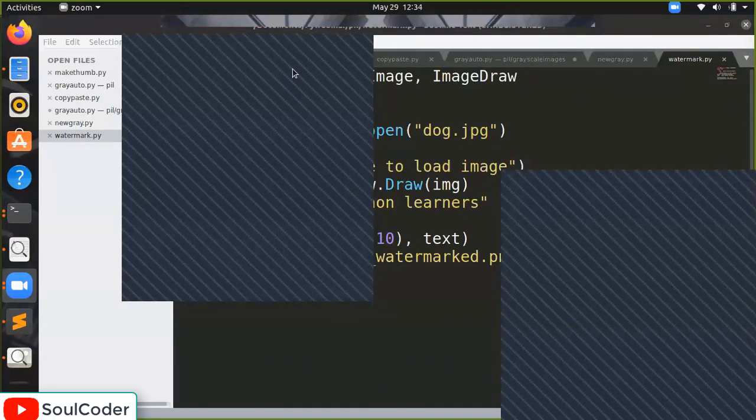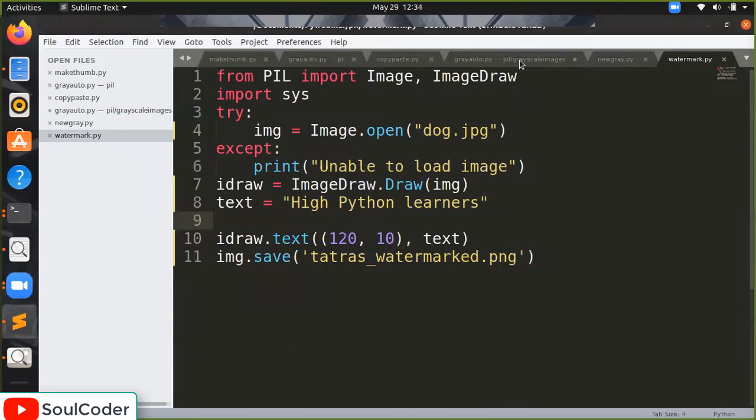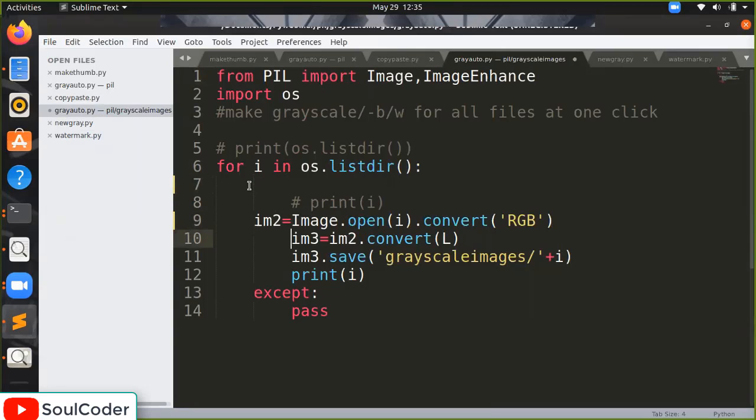Remove the try and except block. Actually, I don't think the problem is with try and except. If the problem is with the images, I think so. Let's try. Let's see if it works or not.